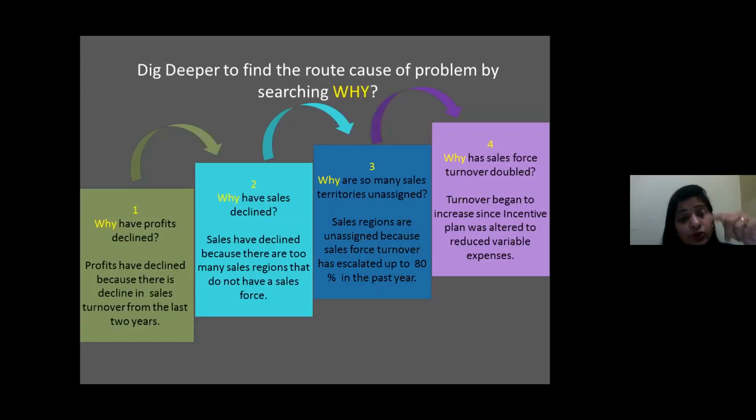And when you search for this why, you come to know that most of the sales territories or regions do not have a sales force. When they do not have a sales force,